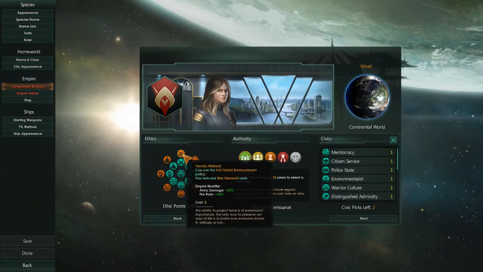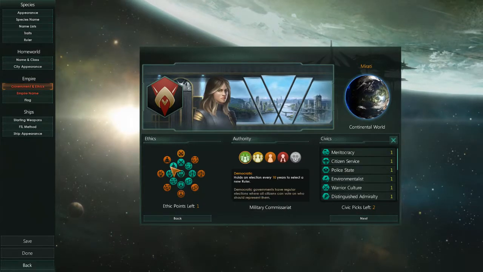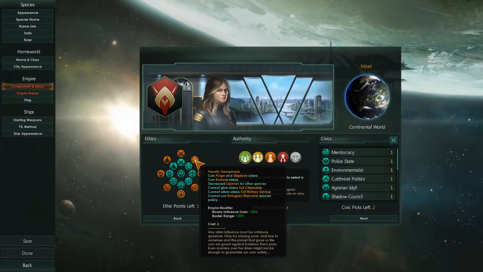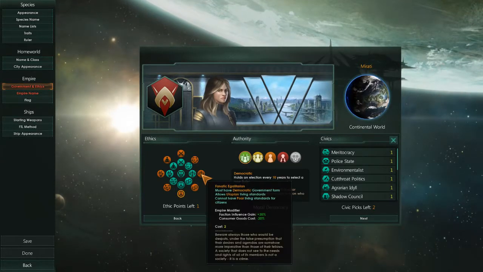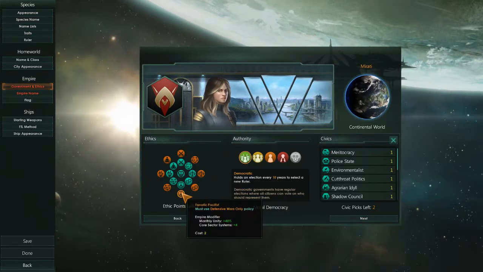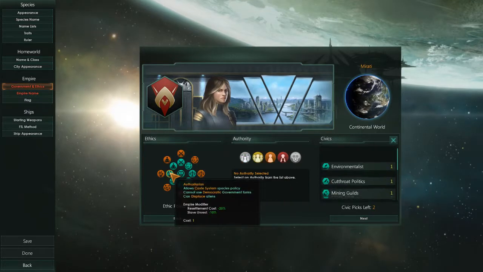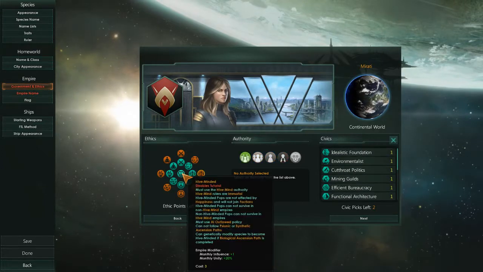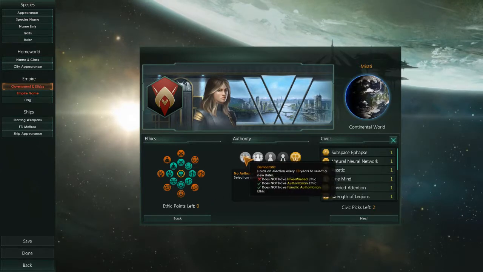Militarist is the same, and with sim and axis here, so we have materialist, spiritualist, militarist, and pacifist. And then we have xenophobe and xenophiles. And then we have changed individualists and conformists have changed names and maybe even functions to egalitarian and authoritarian. I don't know how to say that exactly. And then we have a new one called Hive Mind in the middle here. And then these are